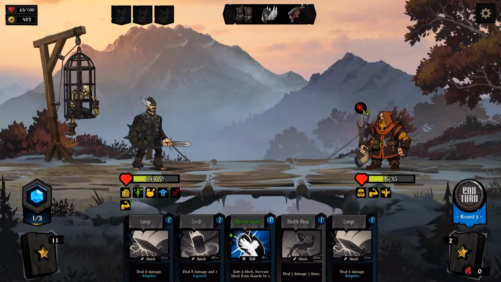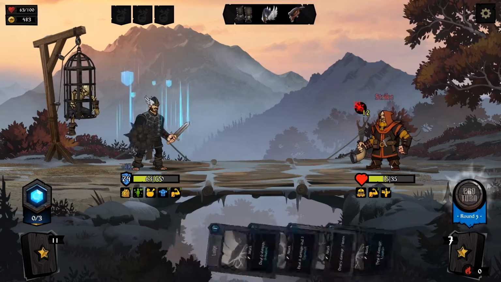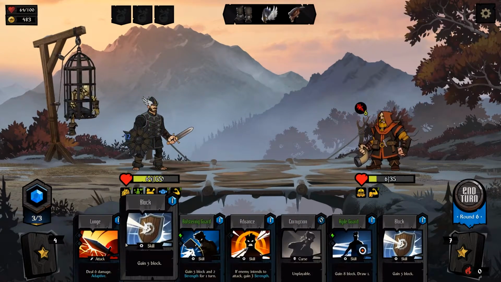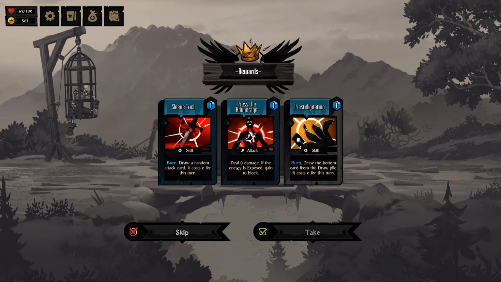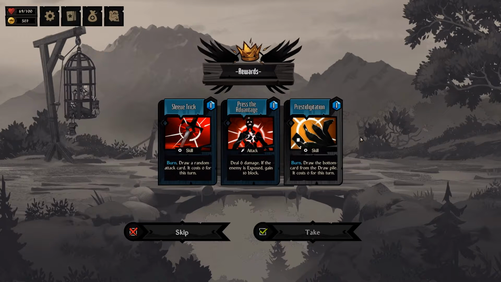Give me damage. Oh, I can't attack. Never mind. Fine. Why are you hurting yourself? Why are you hurting yourself? Why are you hurting yourself? This is fun. Burn, draw a random attack card. It costs 0 for this turn. Meh. Burn, draw the bottom card from your draw pile. It costs 0 this turn. Meh. I mean, this could be...